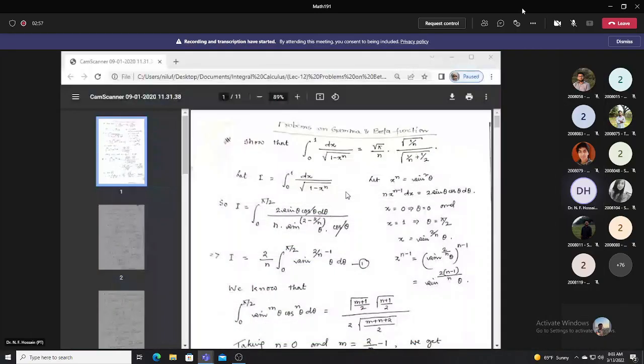Can you see the screen now? Yes, ma'am. Okay. So today we will do some problems on beta function and gamma function, and hopefully we can